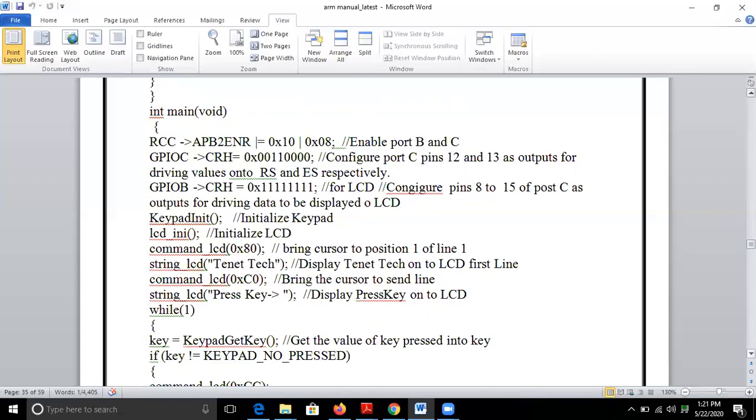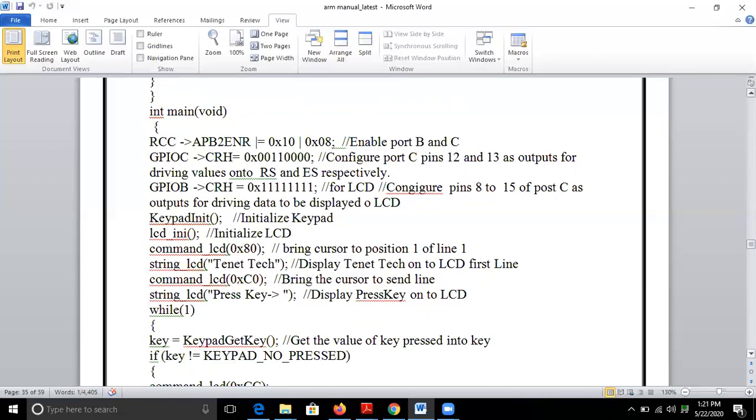In this example, we are displaying Tenet Tech. So when you use the function string_LCD with the double quotes "Tenet Tech", Tenet Tech will be displayed onto the LCD in the first row, that is the first line.